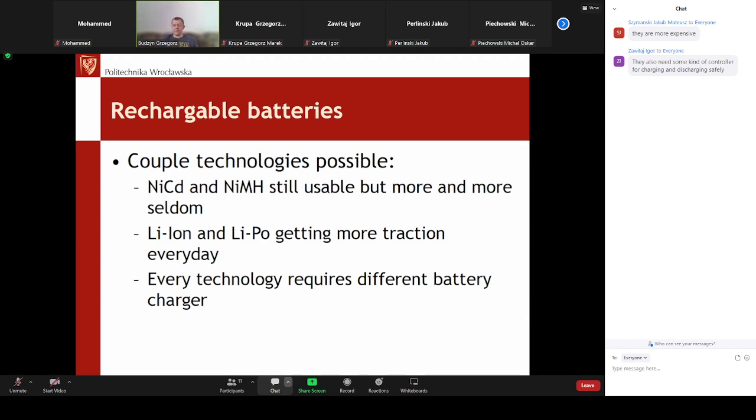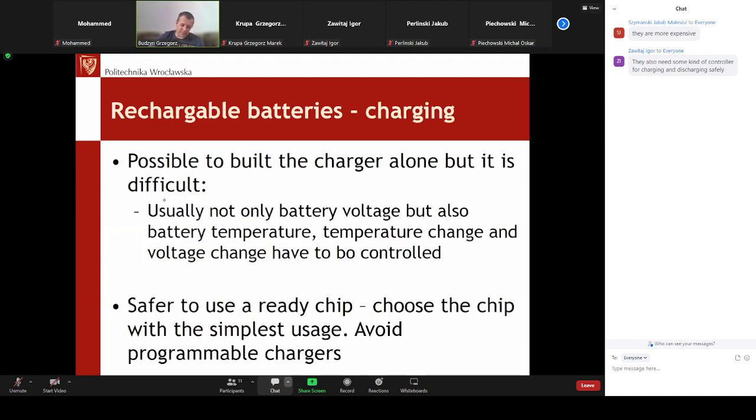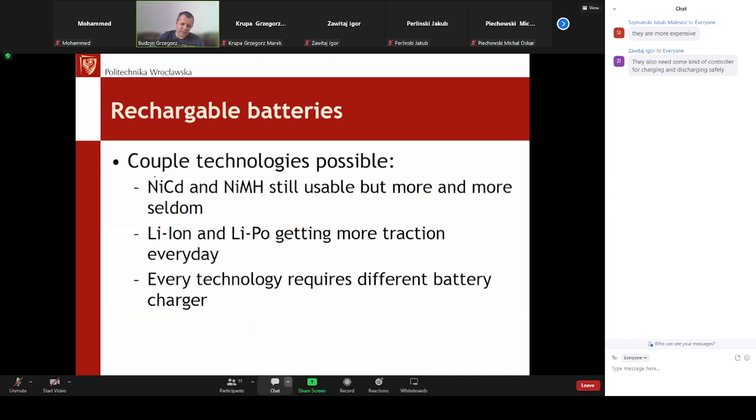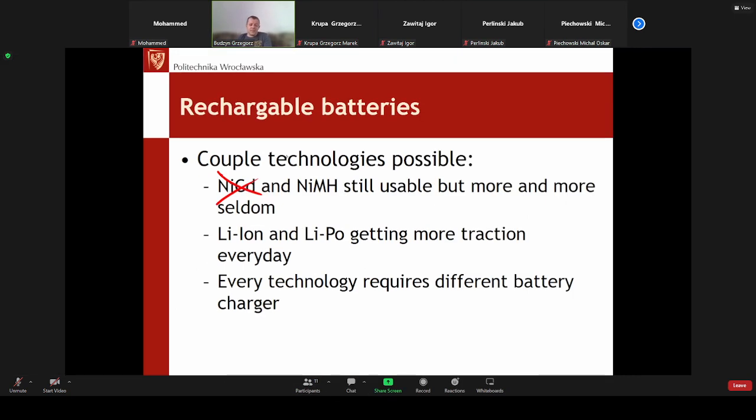They are more expensive, of course, but they are lighter and they offer much higher power density than nickel metal hydride, because today, I think, cadmium batteries are forbidden in sales. So it means that we've got NiMH batteries, but still they are cheaper, but